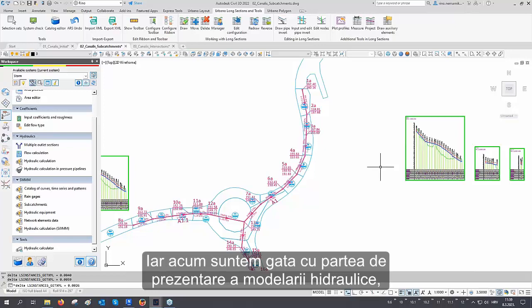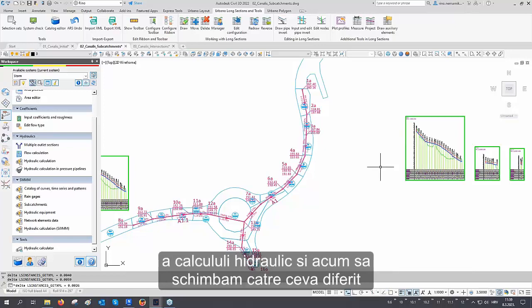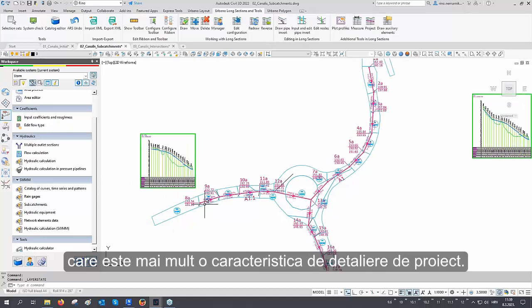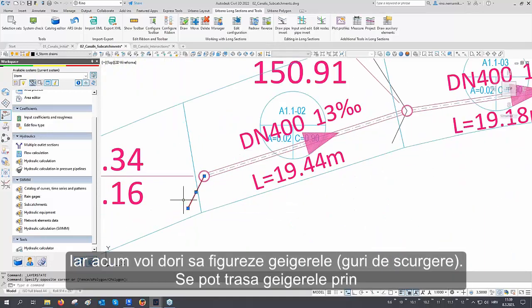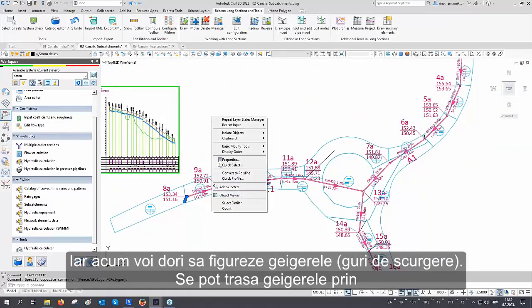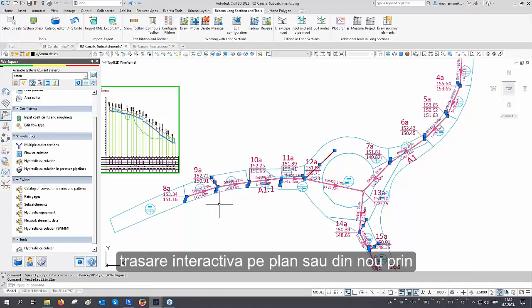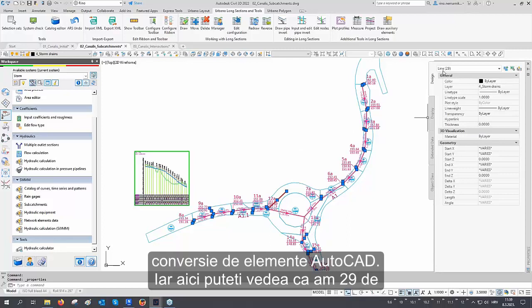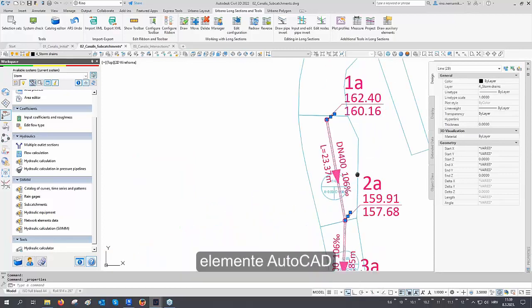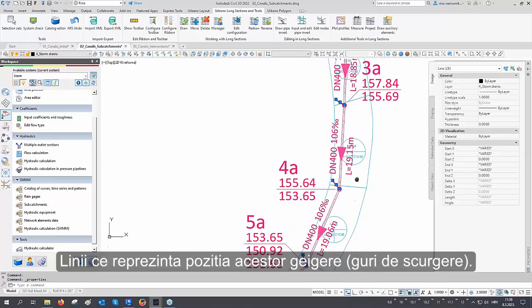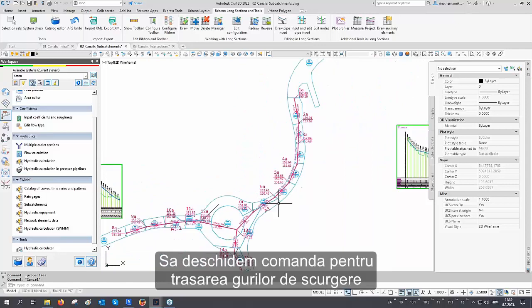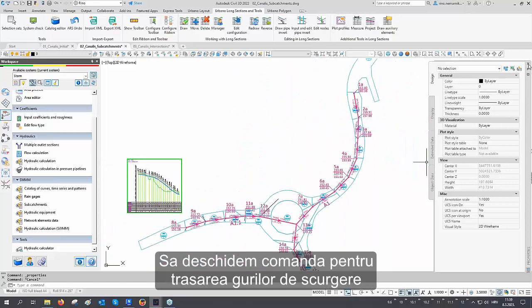So we are now done with this hydraulic calculation, the hydraulic modeling part of the presentation. And let's now switch to something different, which is more of the detailed design features. Now I would like to draw the storm drains. You can draw storm drains by interactively drawing in plan, or again by converting AutoCAD elements. So here you can see that I have 29 plain AutoCAD lines that represent the positions of these storm drains. So let's open the function for drawing of the storm drains,